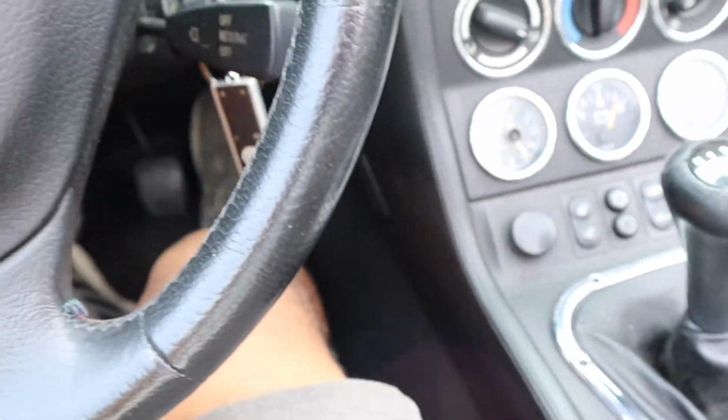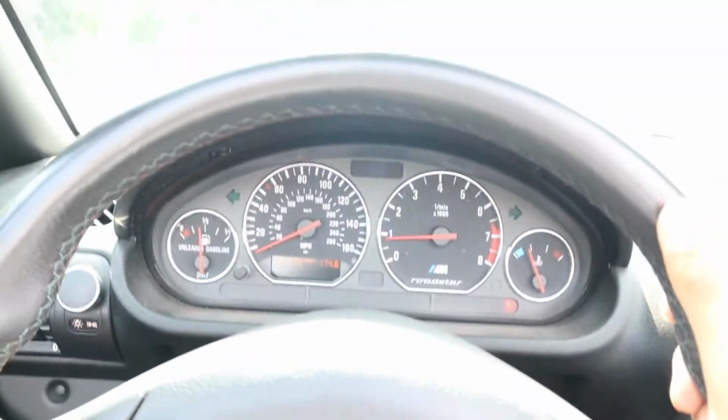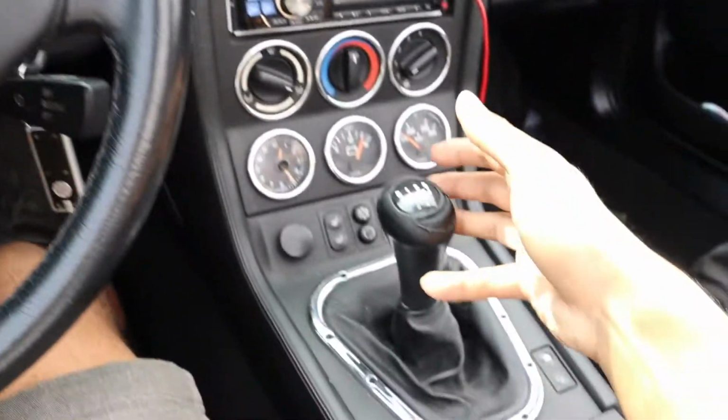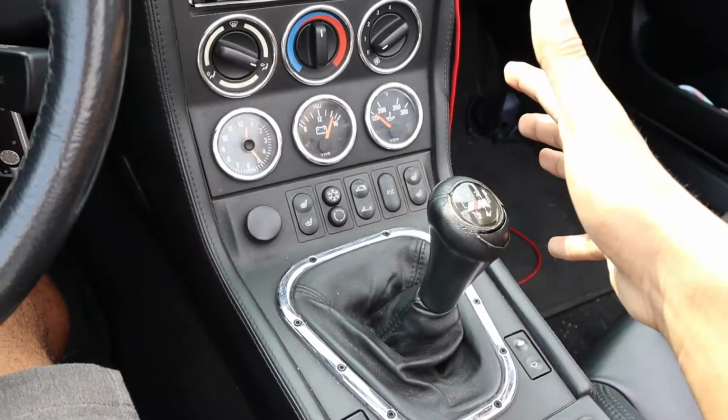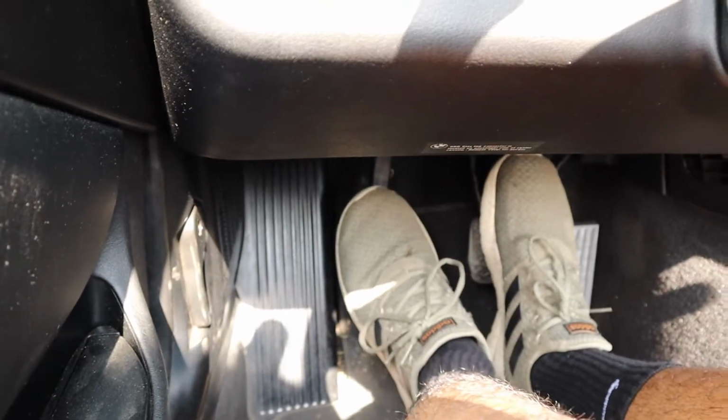I can apply gas, and then once I want to come to a stop, I put the clutch in, brake, put the car in neutral, and come to a stop. So let's go over it one more time. You want to put the clutch in, put the car into first, slowly roll off of your clutch,